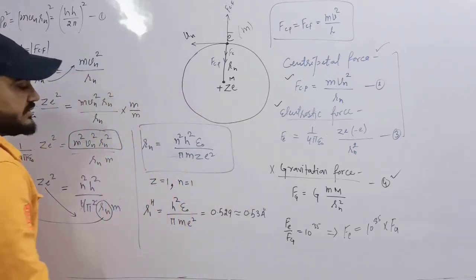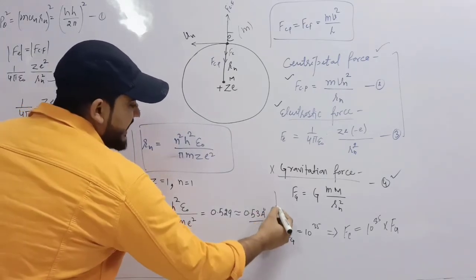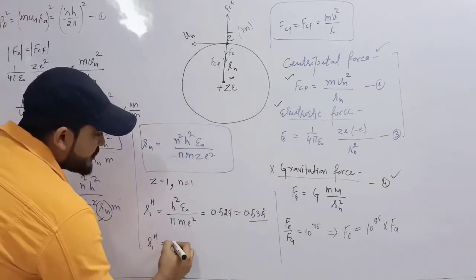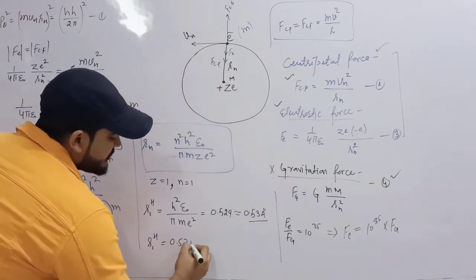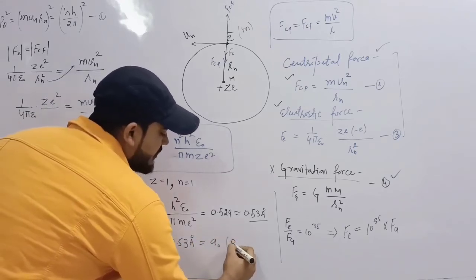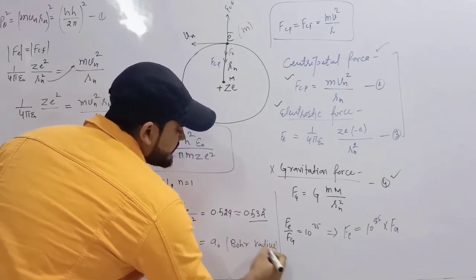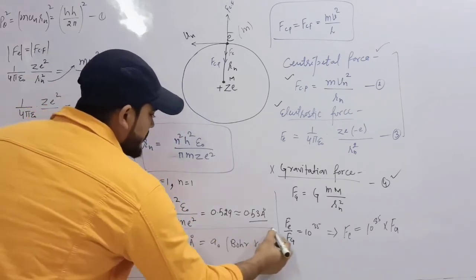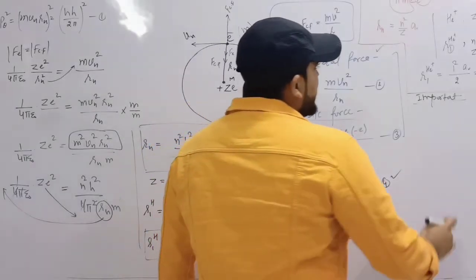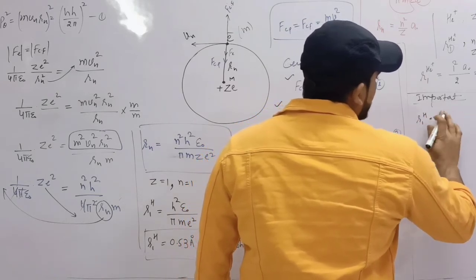Okay, now what is this? This is also known as A naught, or we can say that the radius of the first orbit, that is R1h, this is equals to 0.53 angstrom, or we can say this is A naught, or this is called Bohr's radius. Is it fine or not? This is very important quantity. This is A naught. That we have R1h, that is A naught.